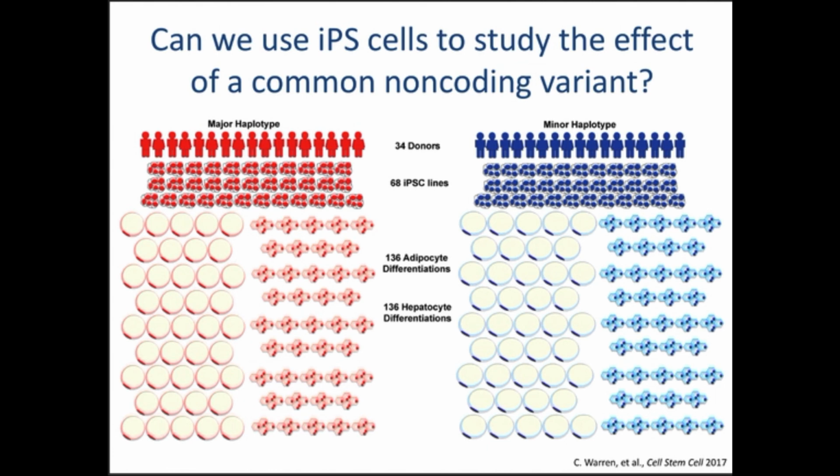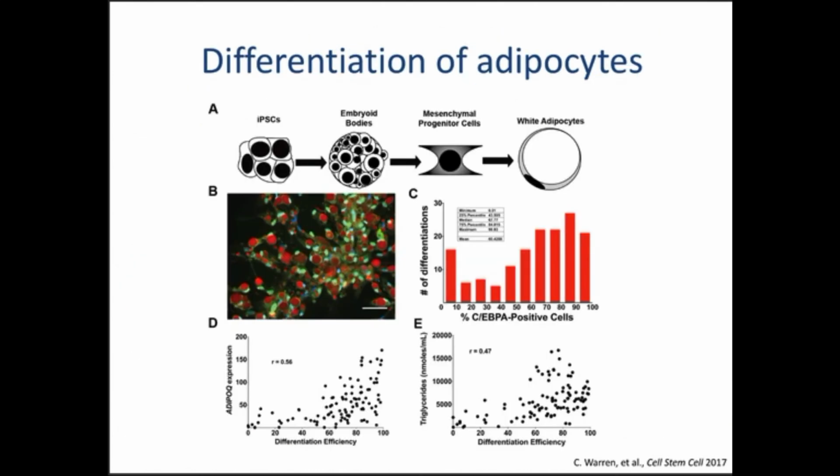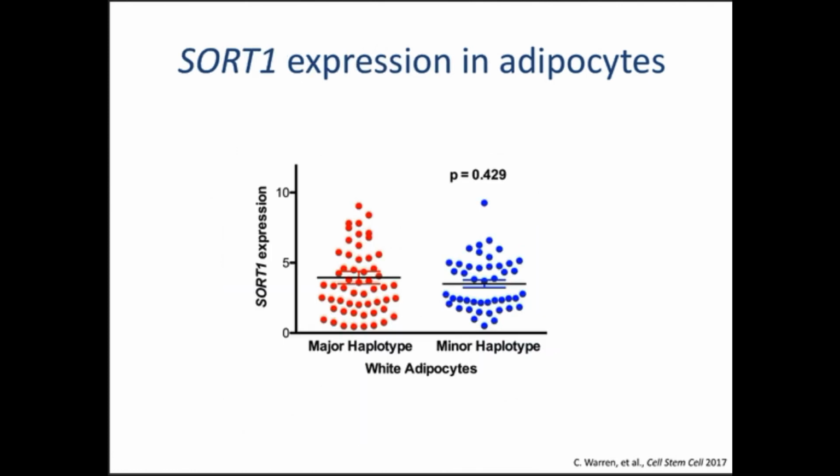Now in hindsight, again, it's like, oh yeah, of course, that's obvious, it worked. So we recruited a bunch of patients, we made a bunch of iPS cell lines, and we turned those iPS cell lines into fat and liver cells, just like taking the same tissue from the individuals that had shown up with genotypes. And then we asked, could we learn something similar? This is just some data to show that we could make adipocytes, and this is some data to show that in adipocytes you saw absolutely no change with sortilin. I remember when I talked to the informatics people I was working with after doing the RNA sequencing, they were like, we have thrown everything we've got at this, Chad, and we don't see anything. And I was like, whew. The beauty of blinding it is they had done everything they could to try to show a change, and nothing changed. They were like, there's nothing different. I was like, that's awesome.